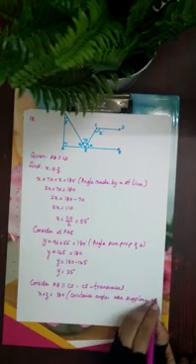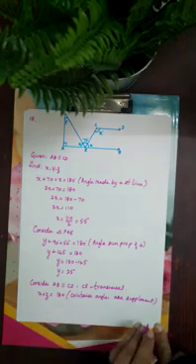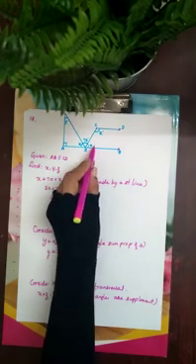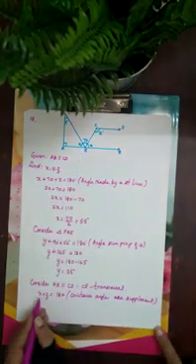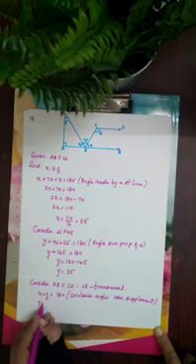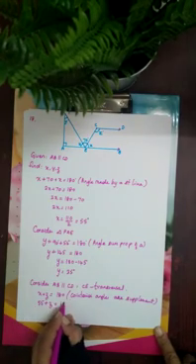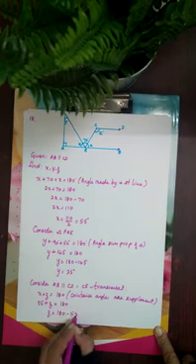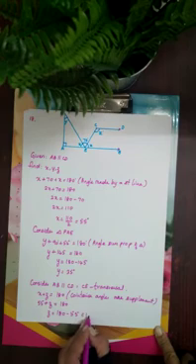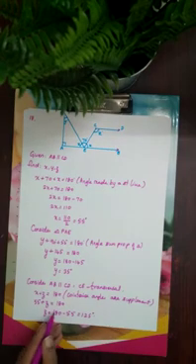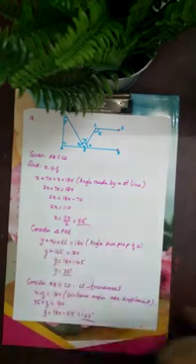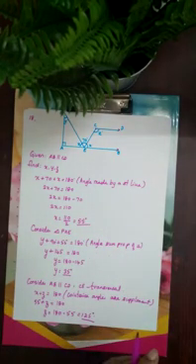Don't get confused, children. Co-interior angles are supplementary. You can say this way, or you can also say that interior angles lying on the same side of the transversal are supplementary. Both ways it is correct. Now X we found as 55 plus Z we have to find, that is equal to 180 degrees. So Z will be nothing but 180 minus 55. So that is equal to 125 degrees. So Z is 125 degrees, Y we found as 35 degrees, and X we got as 55 degrees. Is that clear, children? Let's move on to the next sum.